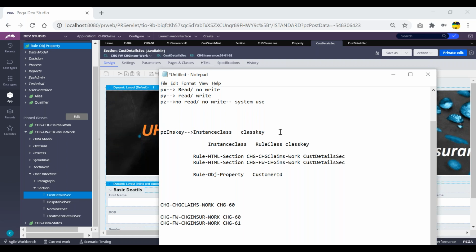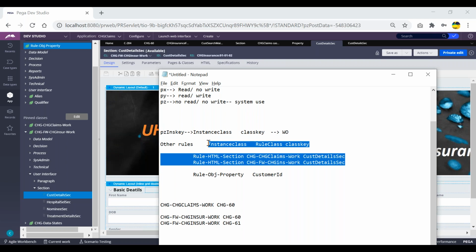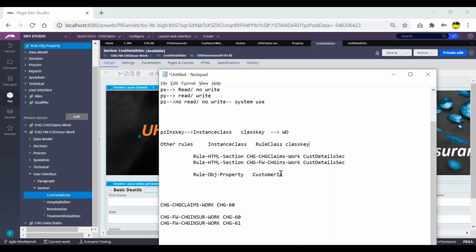So blindly remember that for work object IDs, the PZDNSKey will be the instance class based class key, and for other rules, like the section rule or the property rule, the definition of PZDNSKey will be instance class space, class key space, rule class space, class key.